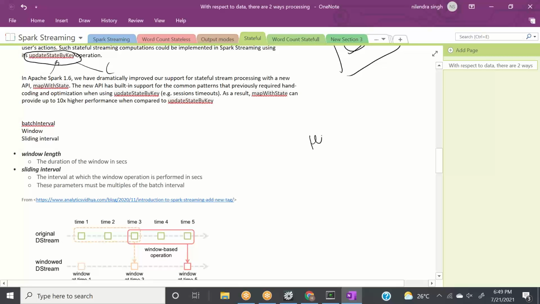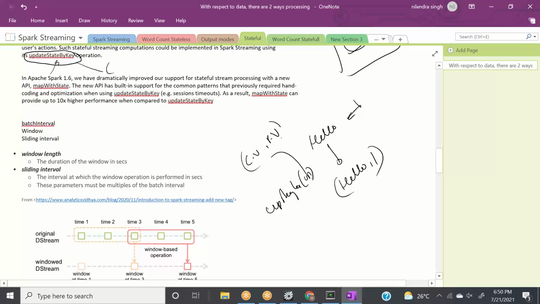So let's say we passed hello into the console and we hit enter, right? So ideally onto our console, what will come? Hello, comma 1. So this is the output on the console, right? But since we are using updateStateByKey, and we are passing the update function here, and this update function is using your current value and previous value, in this case, what is the previous value?